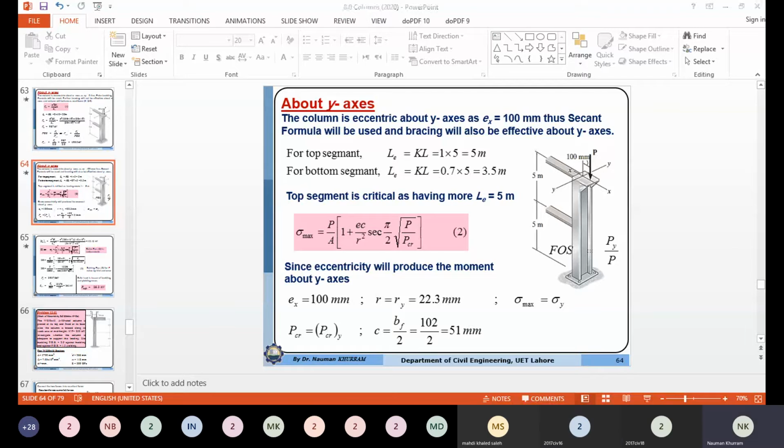Yes sir. Have you performed the experiment with me or not? Yes sir, in the lab we performed column experiments with different end conditions. When the load is just equal to P critical, if we remove the load, we can recover because these are within the elastic range. But in the secant formula, sometimes we cannot restore because the extra deformation is produced due to the bending effect. If due to the bending, the stresses are more than yield stress, we cannot recover. If the applied stresses are less than sigma y, we can recover it.